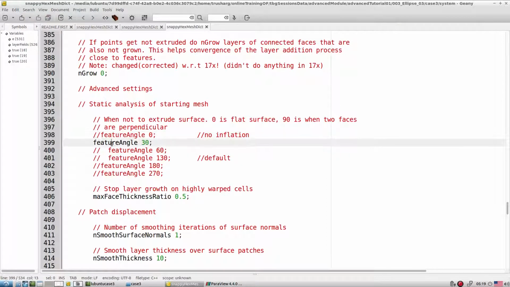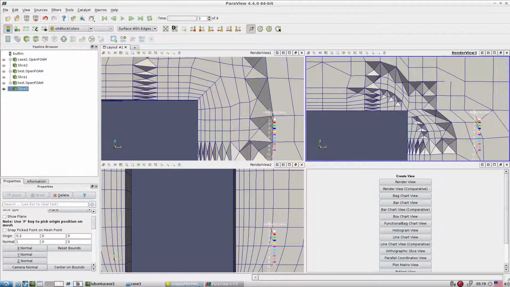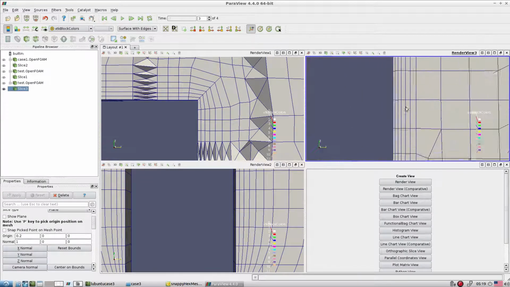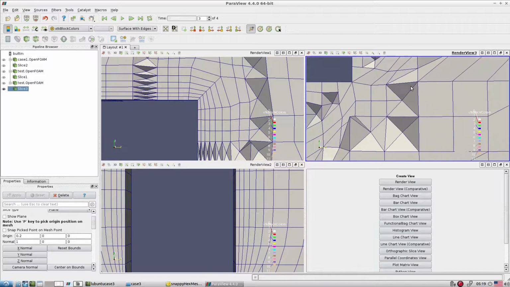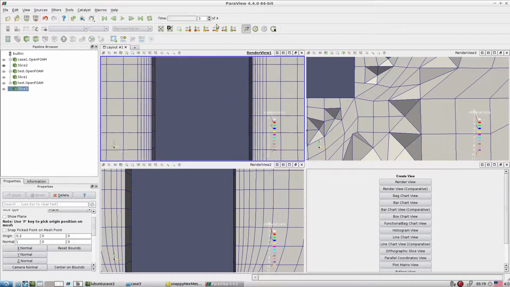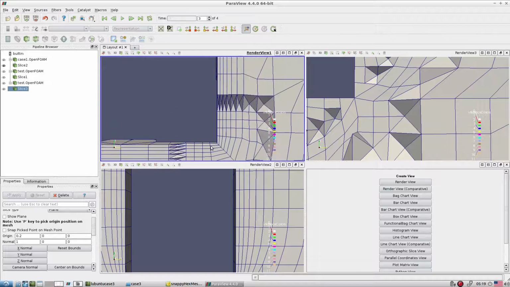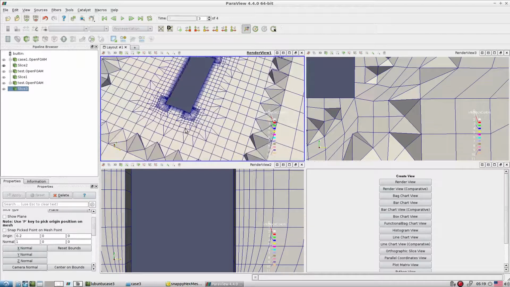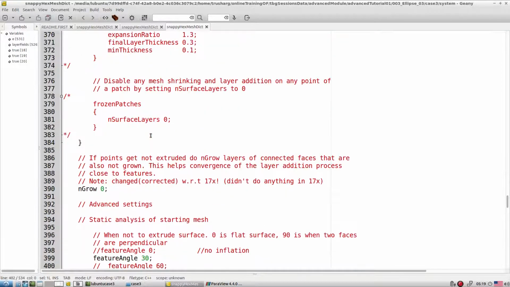The features angle. Okay, it's not able to capture the features that are more than 30-degree angle. So if you want very nice feature capturing, then keep this angle on the higher side. In that way you are able to capture nice features. Okay, so everywhere we have, look, nice layers, but here we are losing the information near the corner. But here, even at the corner, we get a very nice layer mesh. So that is the idea behind this. So this is how you can play with these feature options. Okay, so these are a few options one has to take into account as far as the layer is concerned.